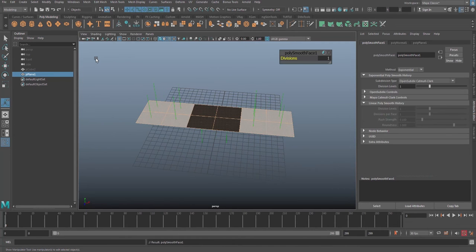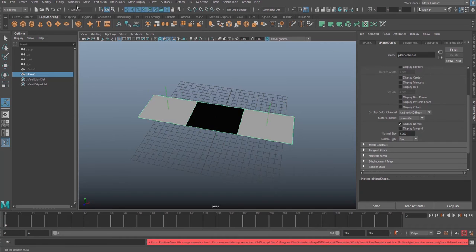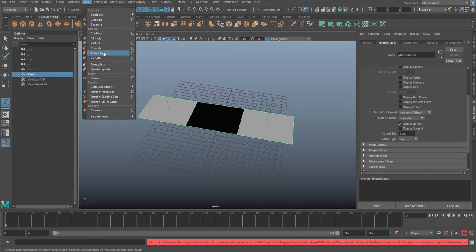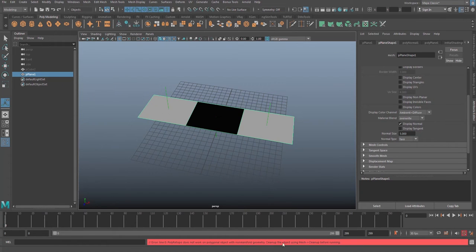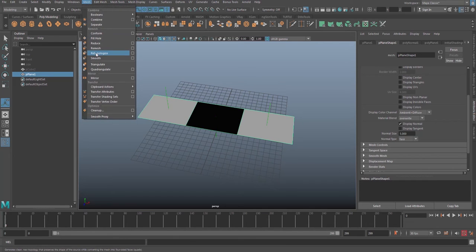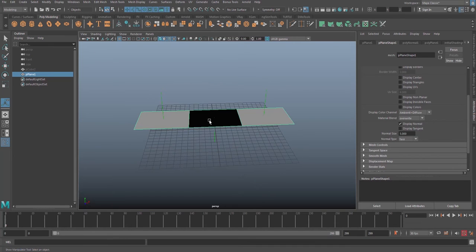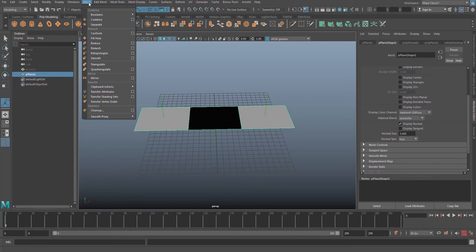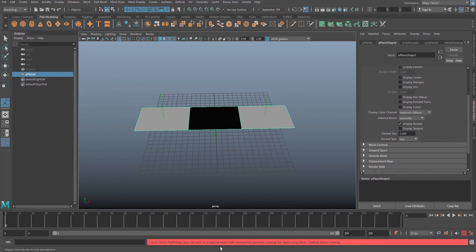Let's add smooth. All right, I want to add some retopology. We keep running into errors, especially when we have something like this. Okay, I have triangles. I want to have a retopology on this. If you click on the object and hit retopology, you have an error because we have a non-manifold geometry